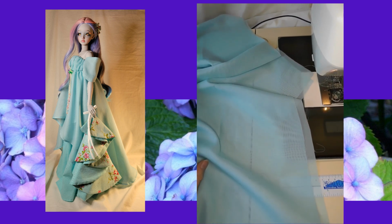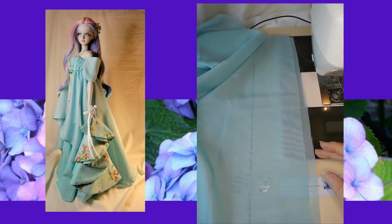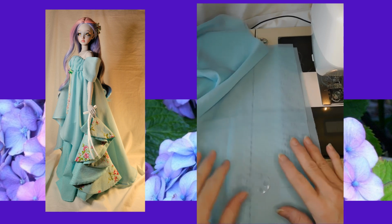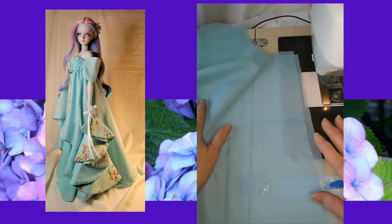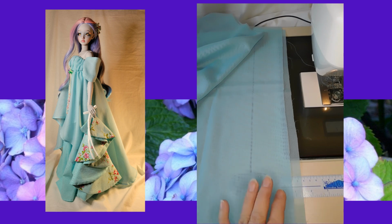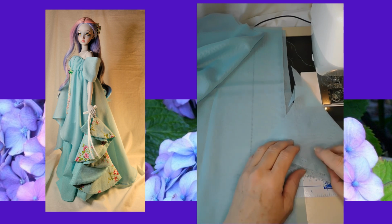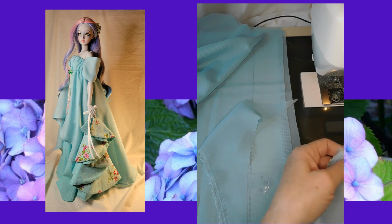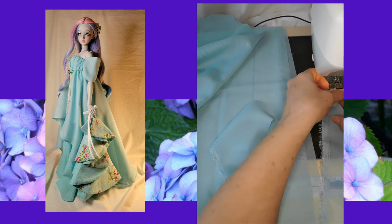In my brain, I just want to get this chiffon stuff finished off so that it doesn't fray all over the place. So I'm going to do this first. When I do the chiffon, there's a couple different ways that people like to finish out chiffon. I've had different doll clothing that I've purchased, and for example, some of my Tonner dolls have gowns with chiffon,